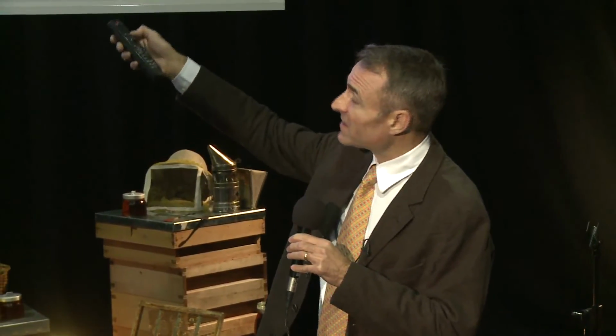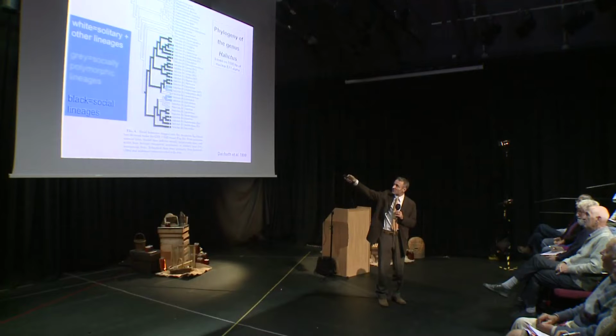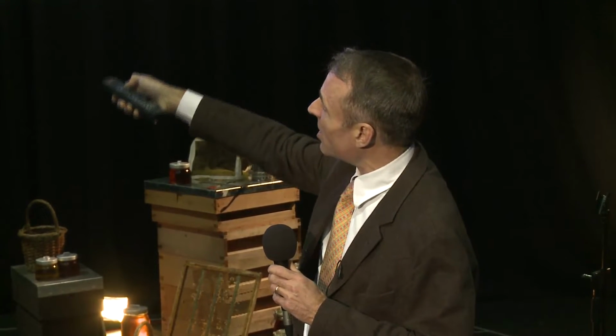And you'll notice this is, again, one of these phylogenies, so excuse it. You're not supposed to read the letters, just to appreciate the shape of the tree, which is in black, the eusocial lineages. So what we can see here is eusociality in this group, Halictus, has evolved once, about 25 million years ago, and all these species, because these are the species at the tips, at the right of the tree, all these species are eusocial.